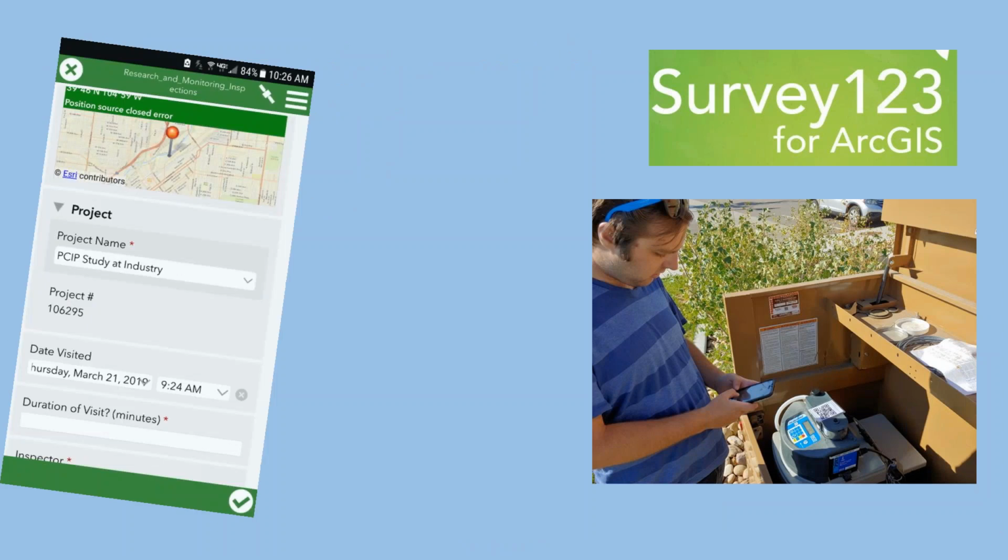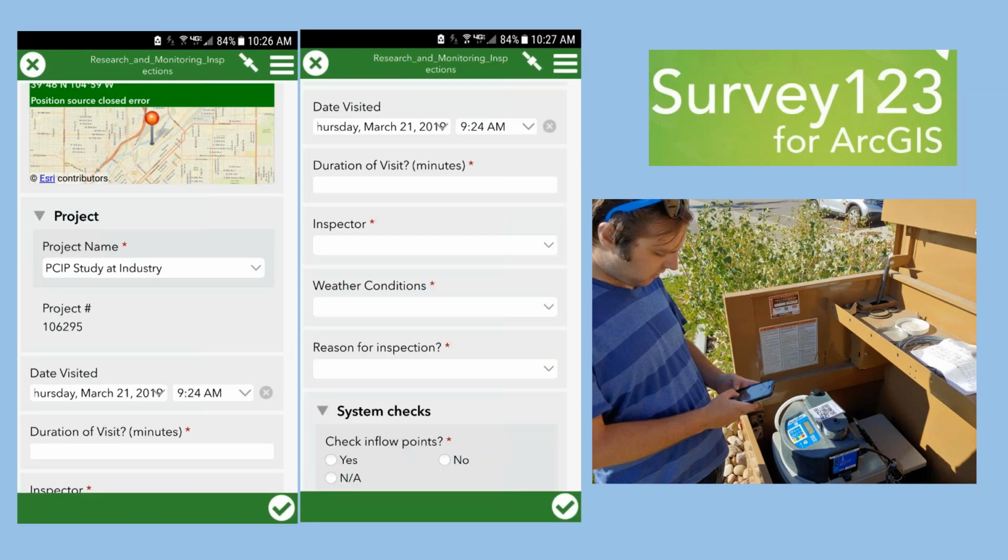So this is an example application of these reporting protocols that Holly Pisa at Mile High Flood District in Denver, formerly known as Urban Drainage and Flood Control District, put together. But she basically took the field maintenance reporting protocols and used Survey 123 for ArcGIS to give to her folks who go out in the field with the tablet app and record their maintenance information.